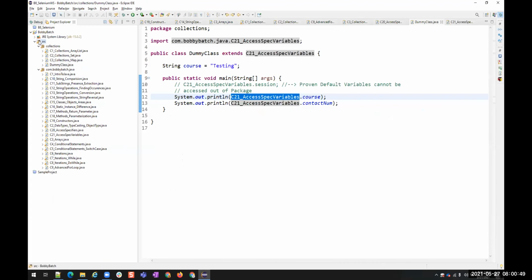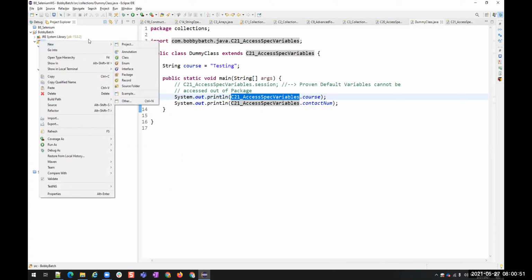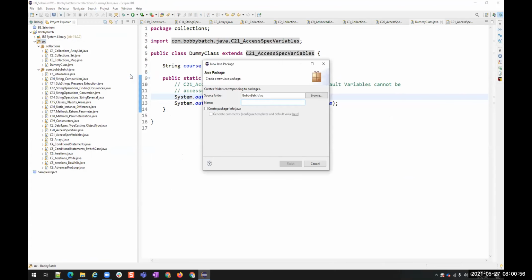Go here. I'll create another package, and then I'll name it object-oriented programming.